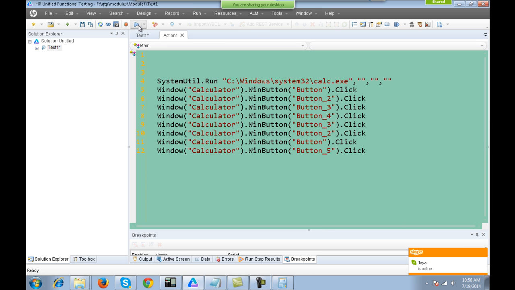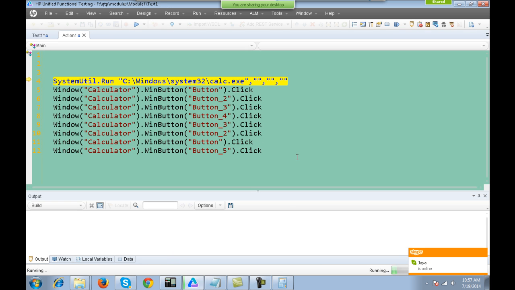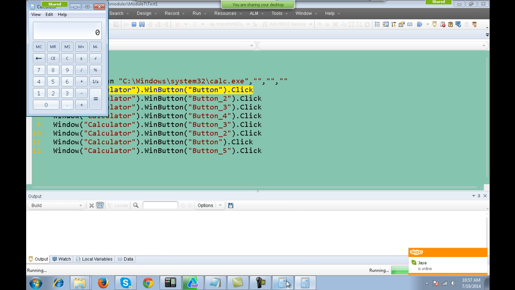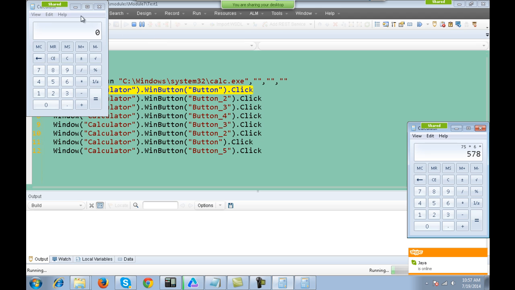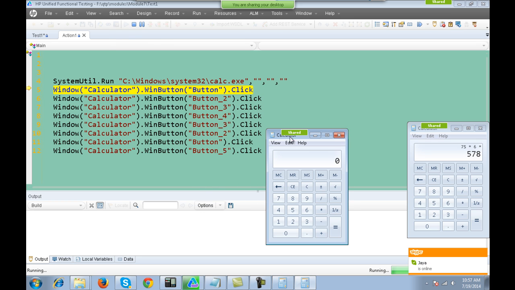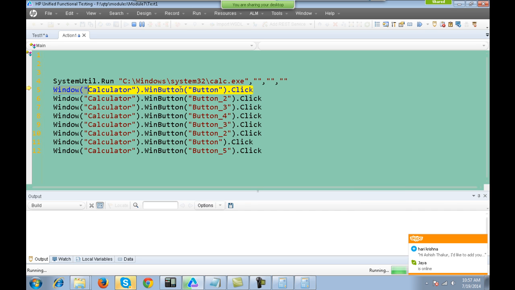You can click on run, and it will run it. It will open another calculator, and you see that it's kind of stuck on the line number 2. Okay, it's kind of stuck on the second line, which is this line.